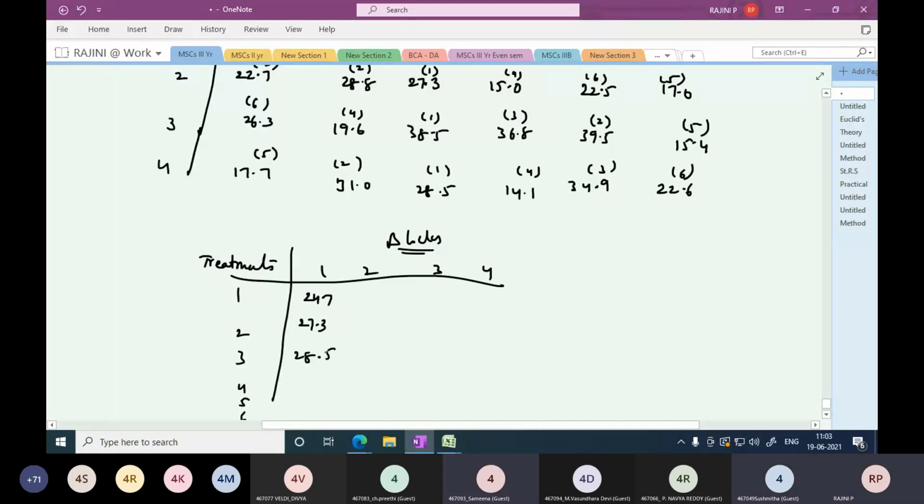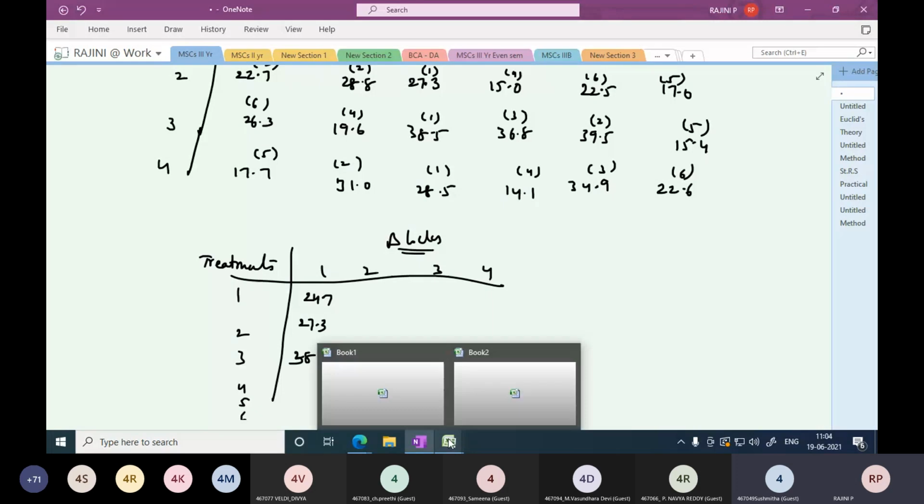No dear, I want the block. Always we should complete the block, do not say row wise. Block after block should be completed. Okay, listen. I hope everybody, do you know how to arrange the data?